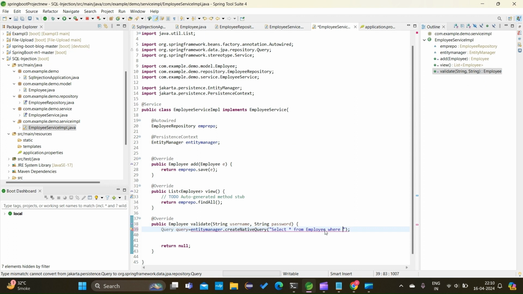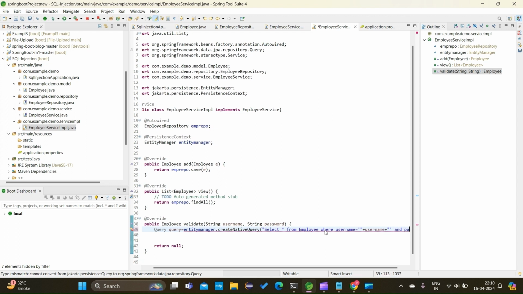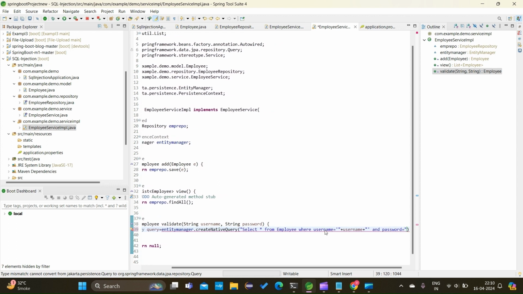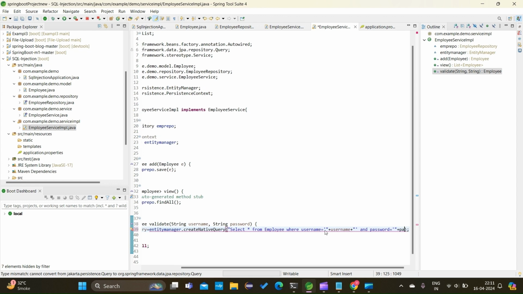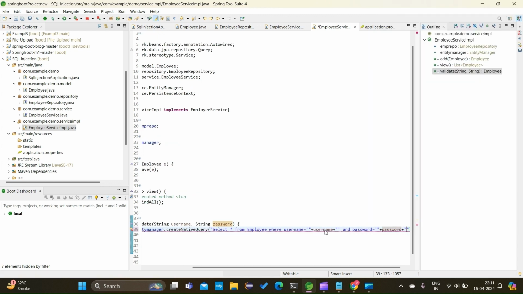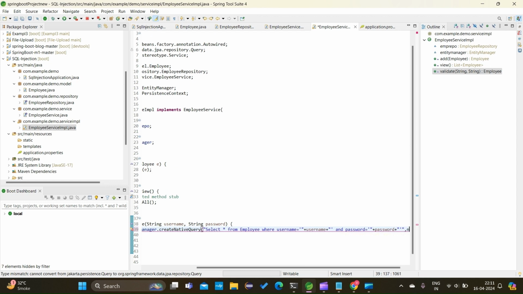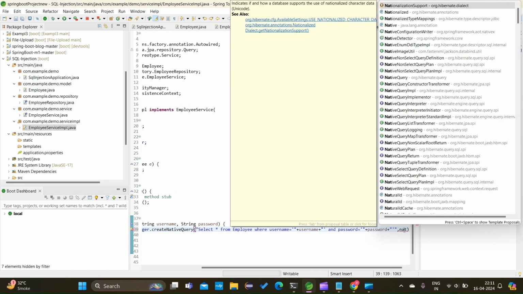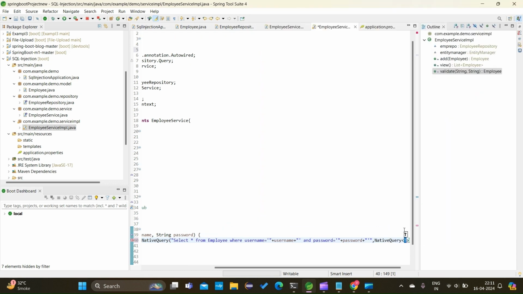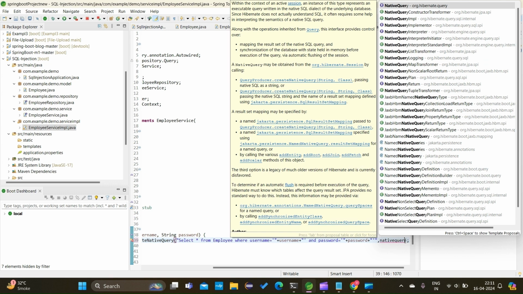where our username equal to. So here we have to add a string, username, plus colon, and password equal to this, plus password, plus our colon. And we have to make our native query as